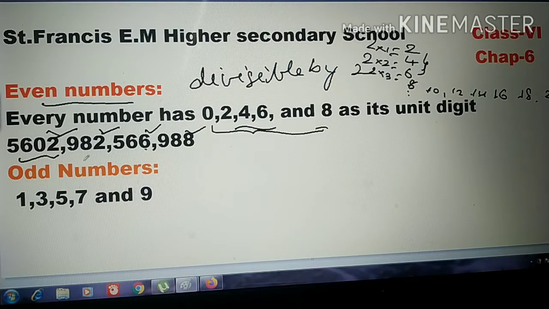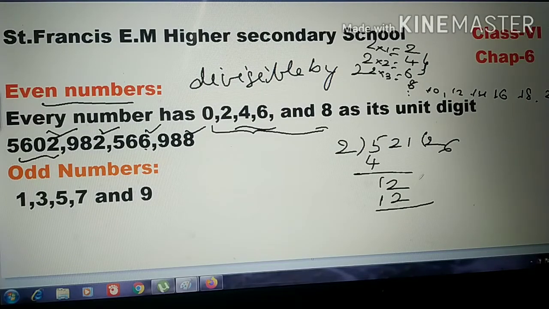Okay. Odd number means the numbers which are not exactly divisible by 2. Those numbers will be called odd numbers. So I am taking 521. See this one, 5 2s are 10, 12, 5 6, 12. After bringing this down, what to do? So this is your remainder here. If you continue, you will get fractions, in points, 0.5, that is another thing. So when you divide this 521 by 2, you are getting remainder 1.